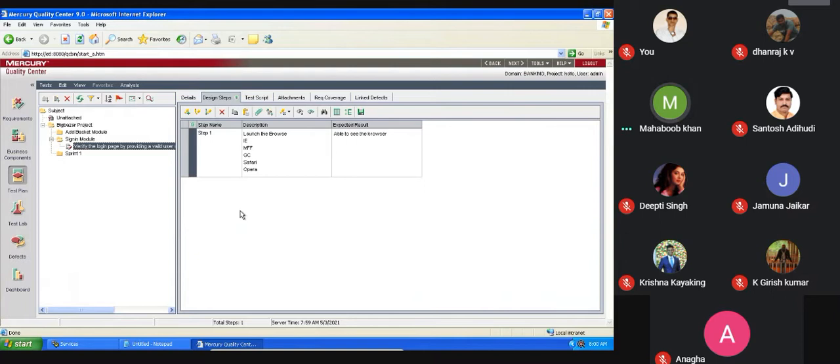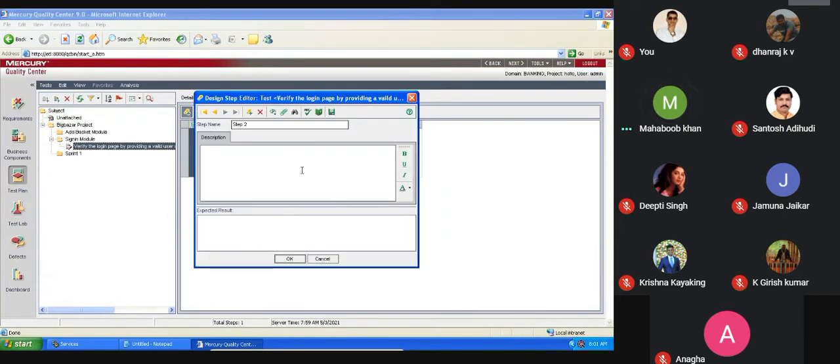Now, again, a new test step you need to add. Can you tell me how to add the new step? Click on this plus icon, new step. It gets open. What you need to do? Enter the URL. What is the URL?